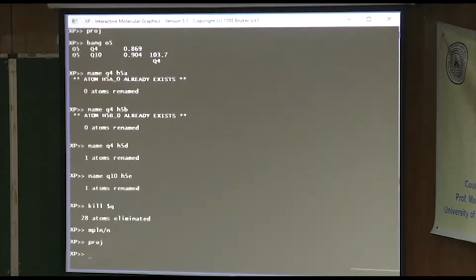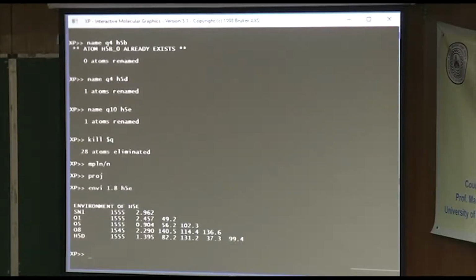So remember, the distance between a hydrogen and oxygen in hydrogen bonds is usually around 1.7 or 1.8 or something like that. So I can say NV 1.8 H5E. And here is a listing of, now these aren't all bonds, but they're non-covalent distances. You see that H5E is kind of close to O8, 2.29, but